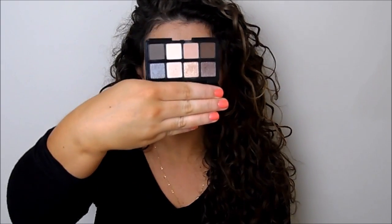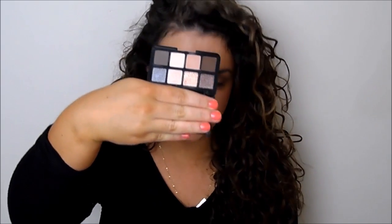I mean, it's tiny, and it tells you at the back how many mattes and how many shimmer it's got. So it's got 4 of each. No, yeah, 4 of each, sorry. Mine's got a little bit messy almost, which I hate, but this is what it looks like. Really pretty. It's got a good selection of mattes and shimmers, which is what I always want when I'm going away. I don't want a whole matte palette, because if I did that then I would pick something like the Urban Decay